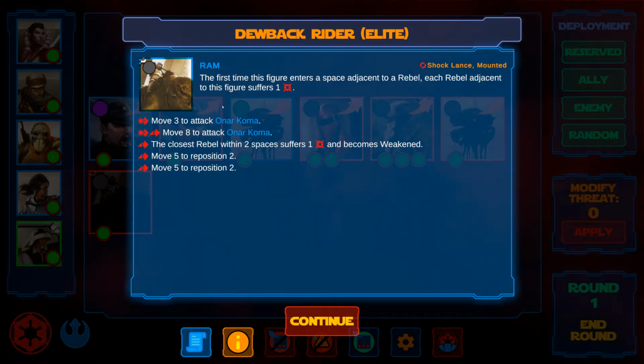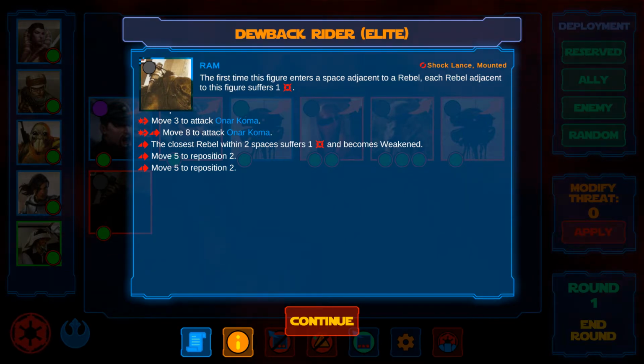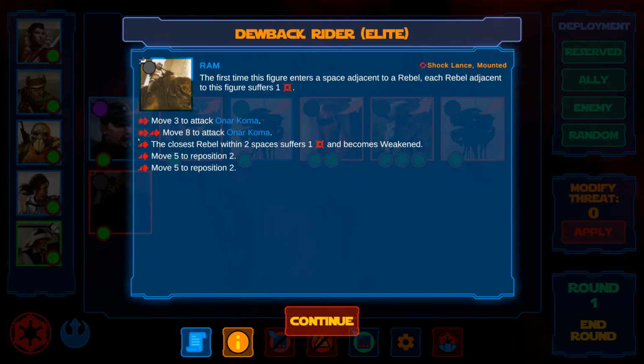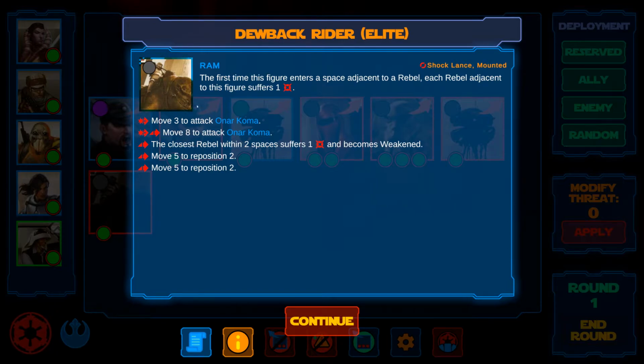You activate each figure of the group, starting with the figure closest to a rebel, and resolve the instructions from top to bottom. Imperial figures, like rebels, have two actions. For each arrow icon, the figure needs to spend one action. Only one of those actions may be an attack action, however, except when the instructions or the deployment card explicitly tells you otherwise. Attack actions are marked by the little explosion in front of the arrow. You resolve the instructions from top to bottom, spending as many actions as possible to a maximum of 2. Instructions that are preceded by a square do not require an action, so they can usually be resolved in any activation.